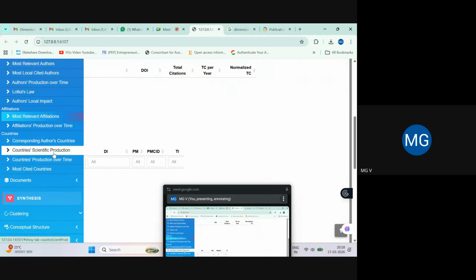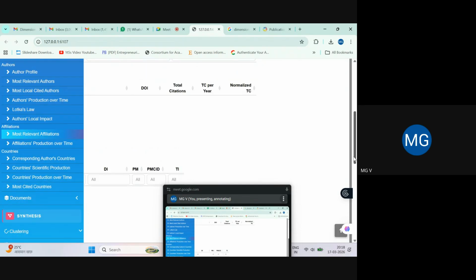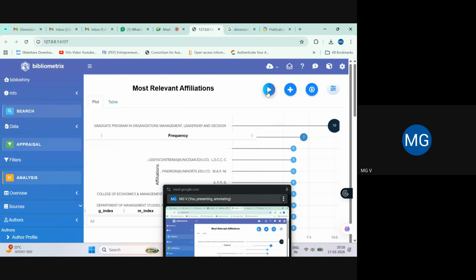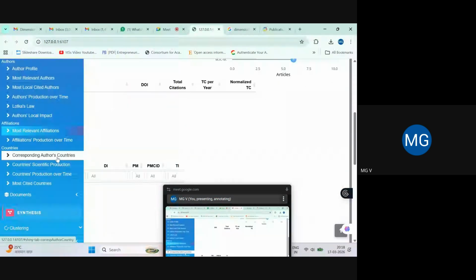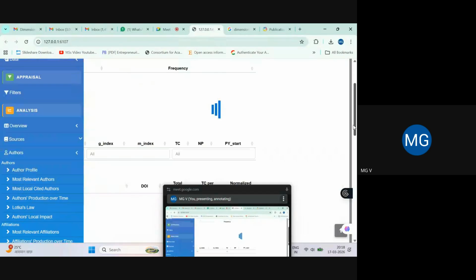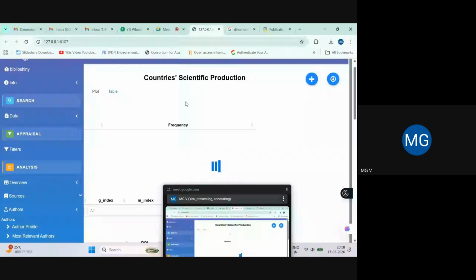Affiliations, I think we have seen. Or you want to see it again? Most relevant affiliations. Okay. Then corresponding authors countries we have seen. Countries, scientific production. Scientific production of that particular country.